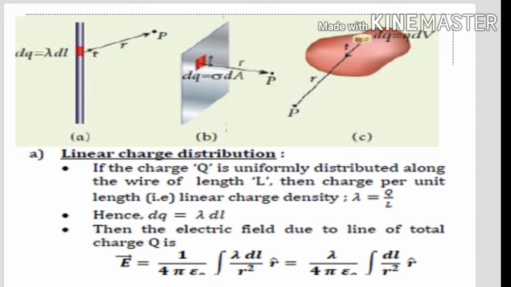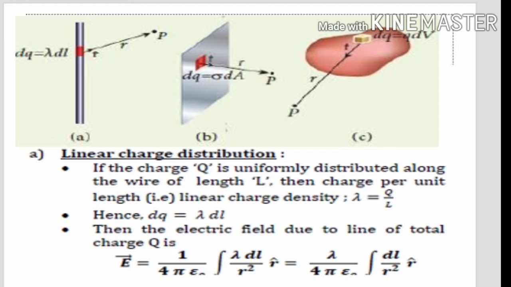So let us imagine if the wire is divided into n number of smaller segments. So let dq be the charge of each segment and dl be the length of each segment. In that case the linear charge density of the smaller segment can be written as lambda is equal to dq by dl. From this equation comes dq is equal to lambda into dl. So let us imagine the point P which is kept at a distance r from the smaller segment dl.